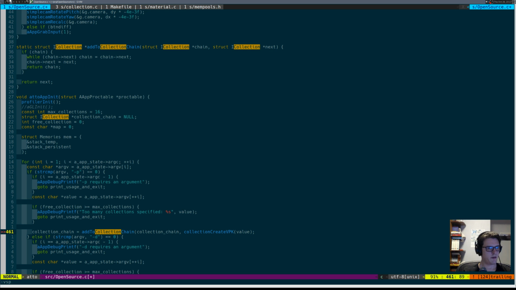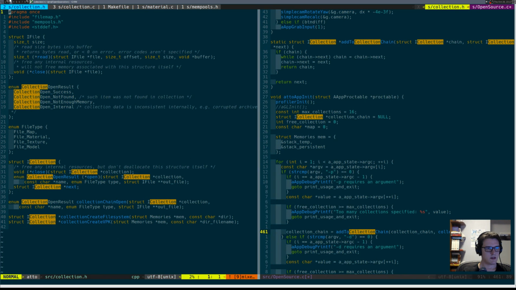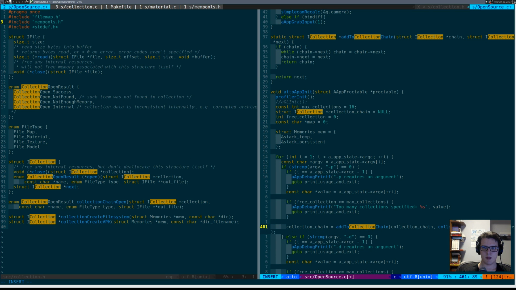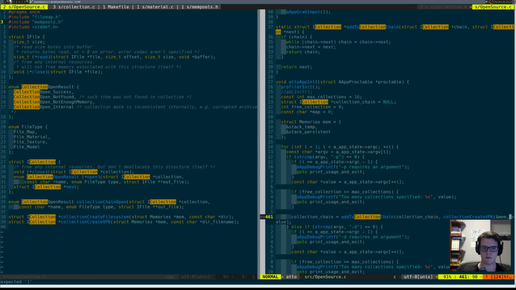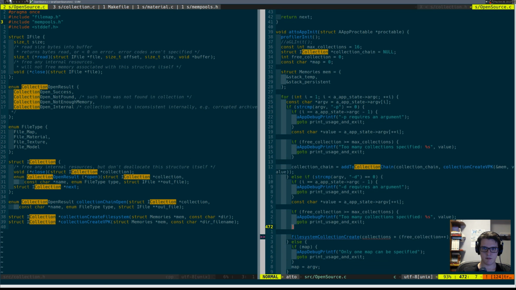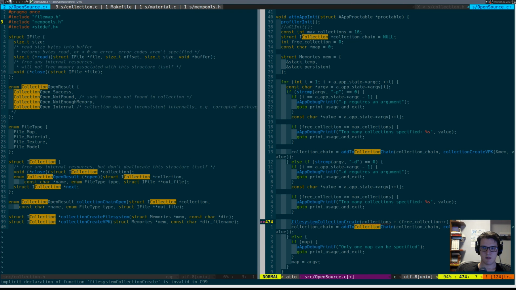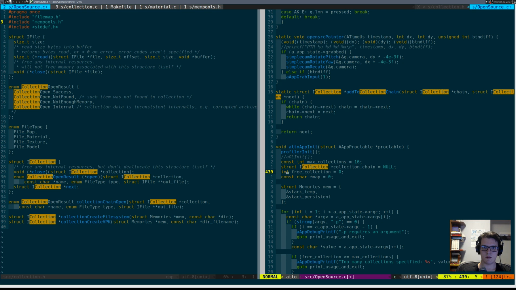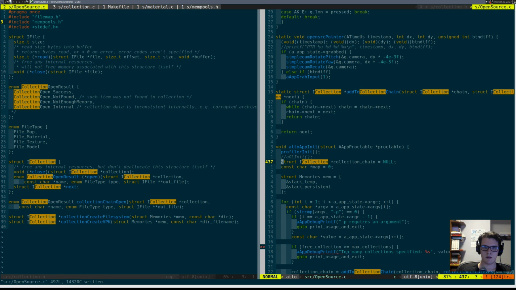What was the order of arguments? Collection, memories, and then the mem value, and there's two calls, and the same thing for the file system collection, right? File system, and I don't need to do this, and I don't need to do this, and this,